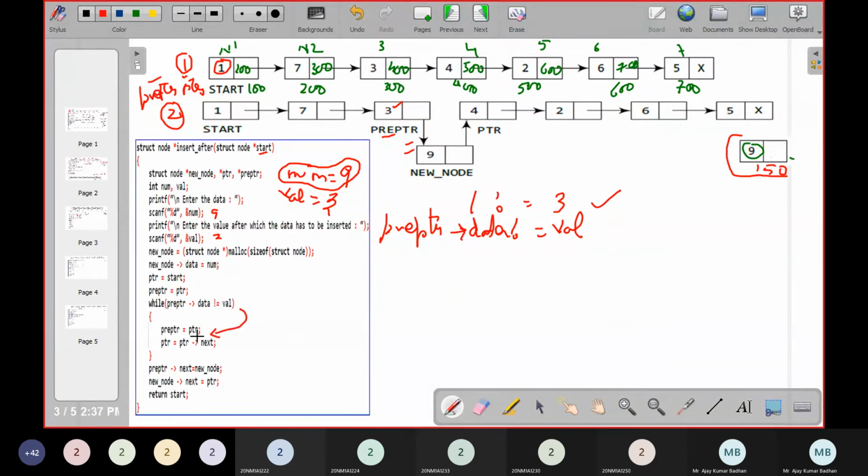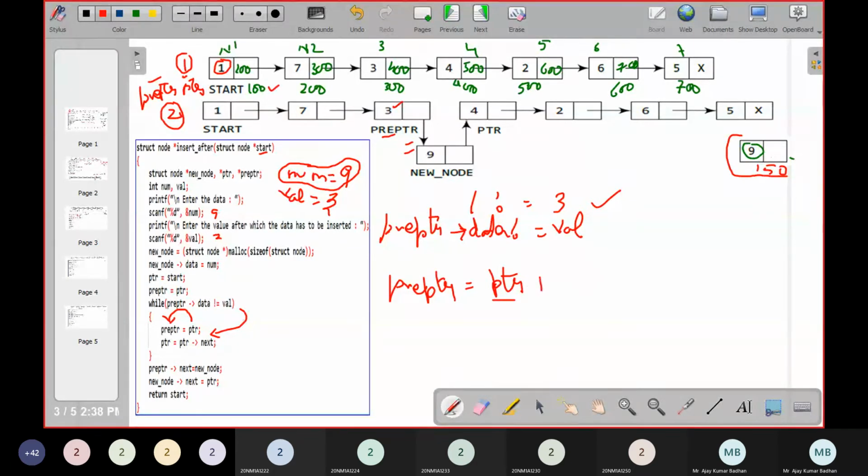What we have to do here? Pre-pointer equal to PTR, and you are incrementing the pointer, because pointer should go one step ahead of pre-pointer. We will be incrementing pointer, but before doing that, I will be assigning whatever address is present in the pointer. So pre-PTR equal to PTR. What is the address present in pointer? Pointer is pointing to node number 1.